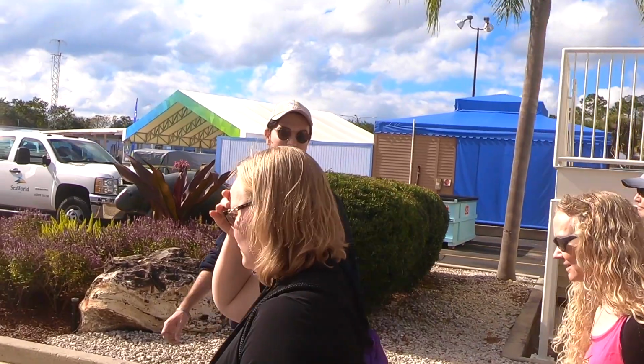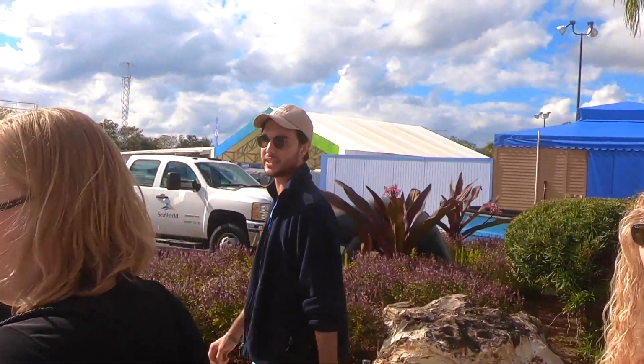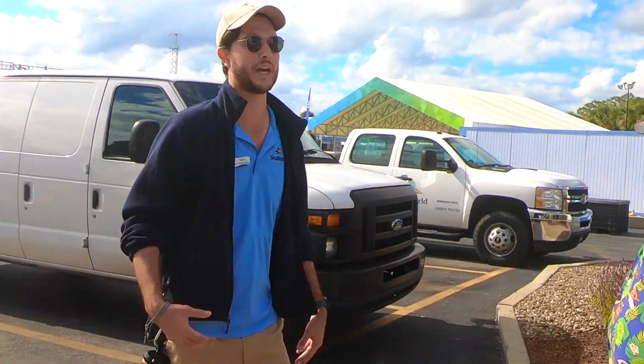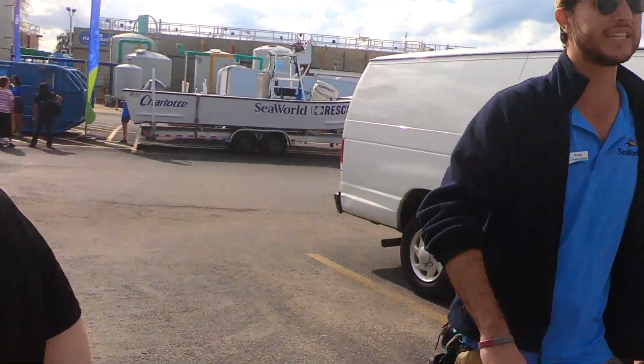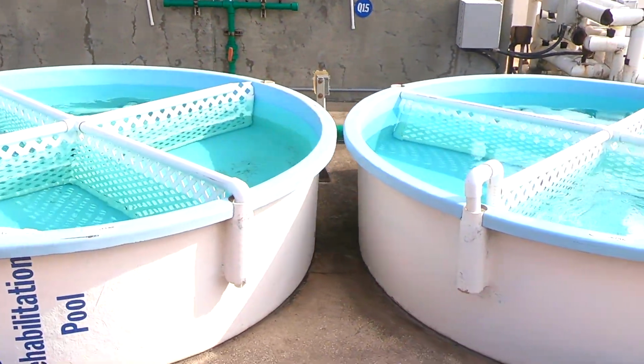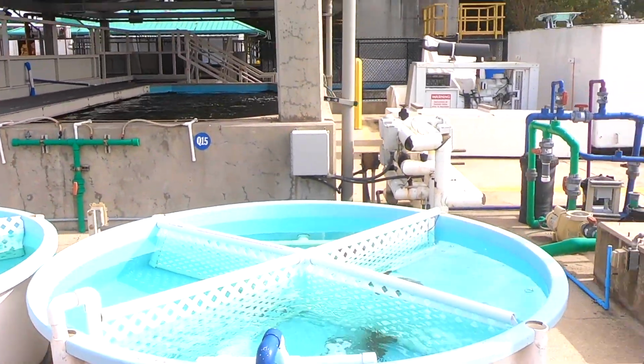And I love hearing all the information that some of our care and rescue team is able to give too, because everything's really a new surprise. We get so many new animals daily. All of these Kemp's ridleys that you see in the pool right here, those are more of a recent development. We took them in for a red tide. Again, with